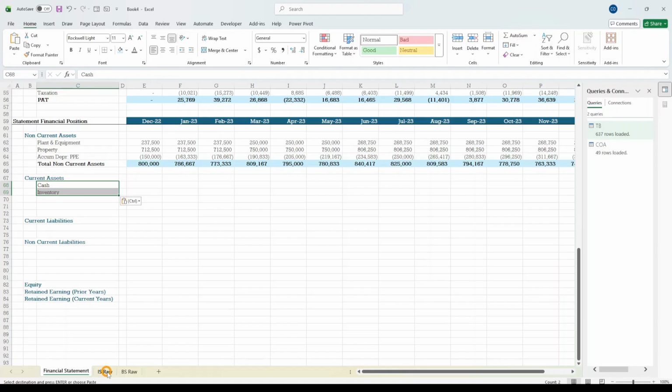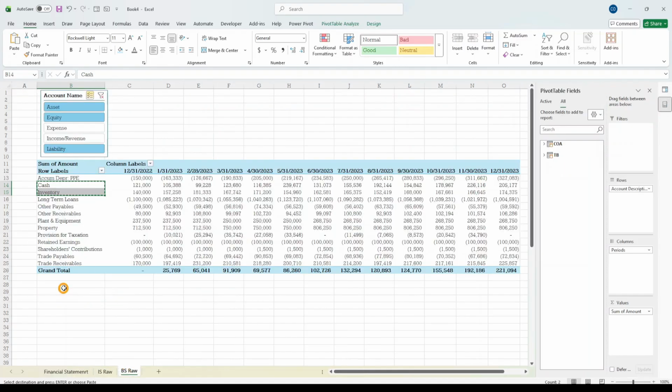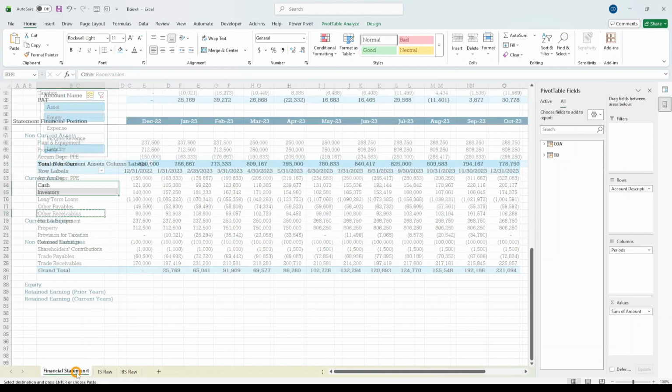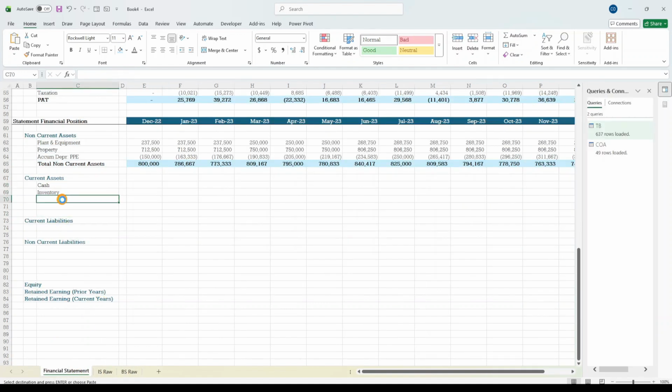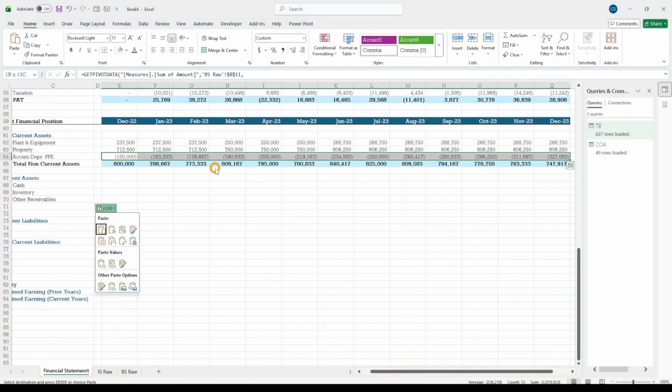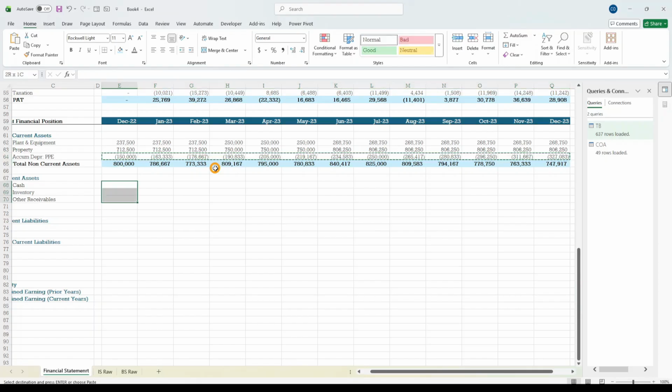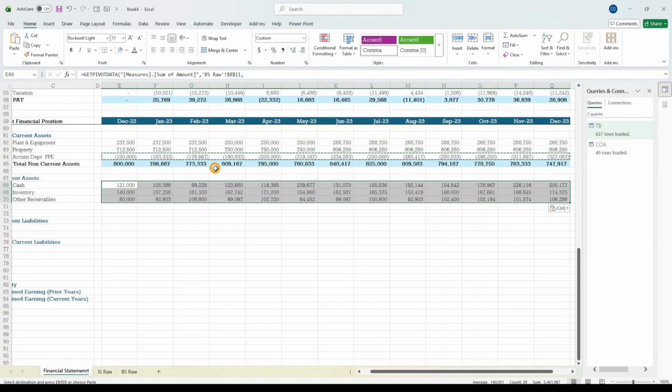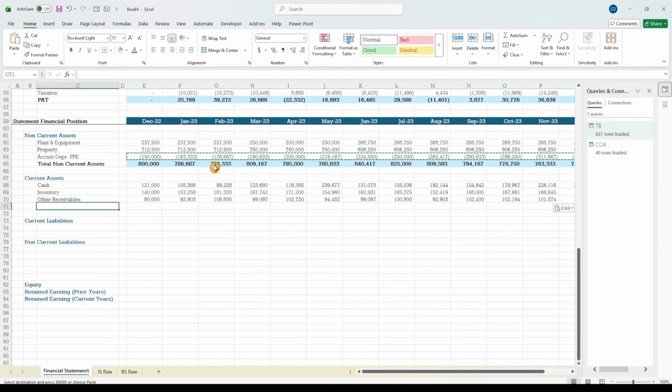Go back to that sheet and check for other things that should be current. So my receivables should be current. So I hope that is all that we're going to bring in. If there's any other thing, we can always bring it in. So I'm going to just come, I'm copying this one. I'm going to copy that one and bring it here, paste it for all of this. And now I don't need to do much thinking. Yeah, so this is my total current assets,